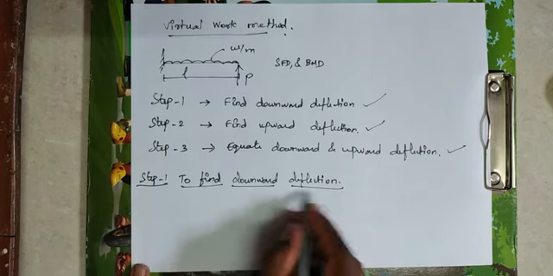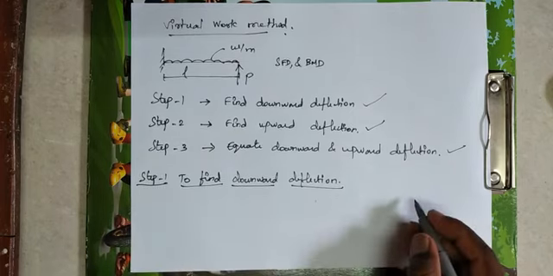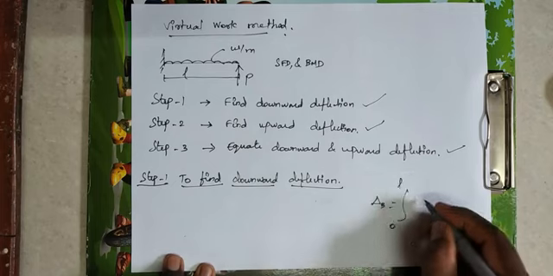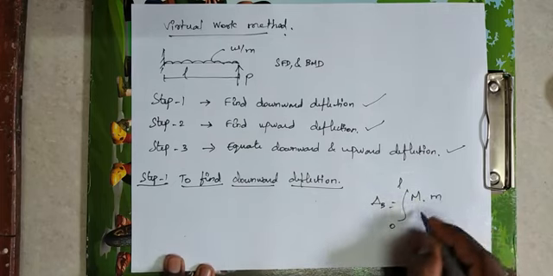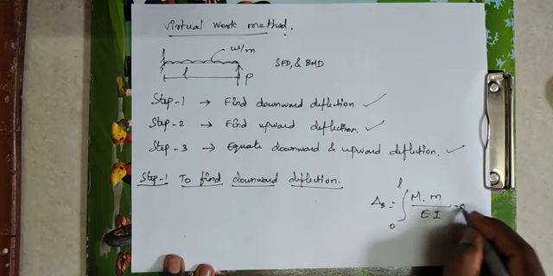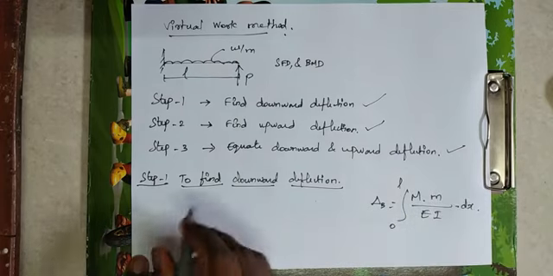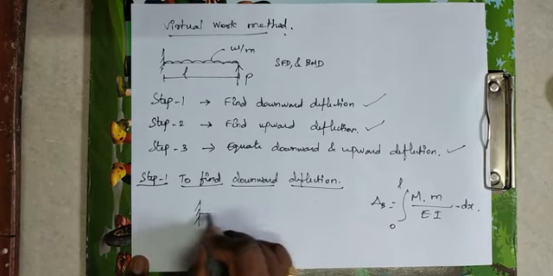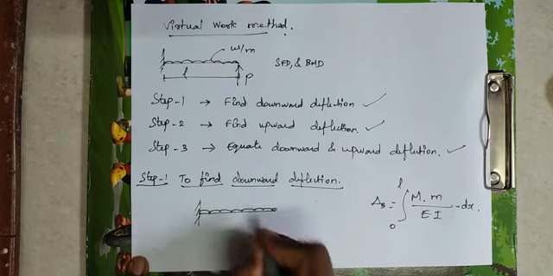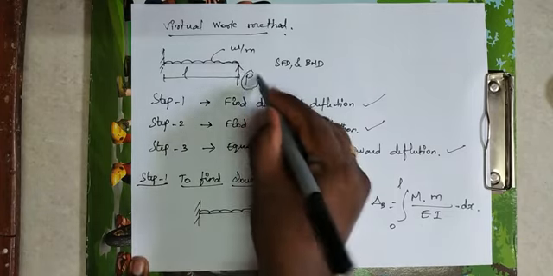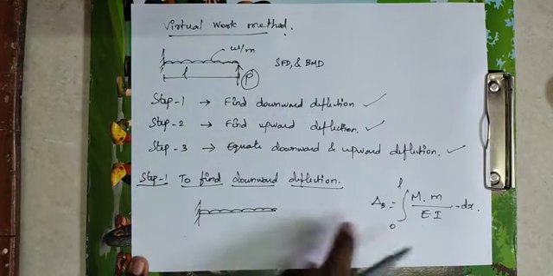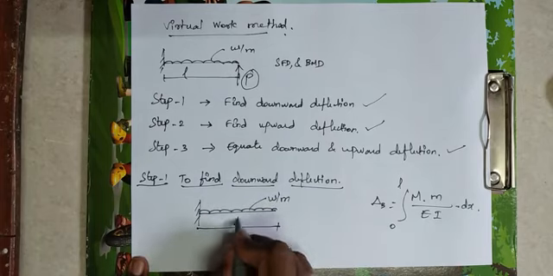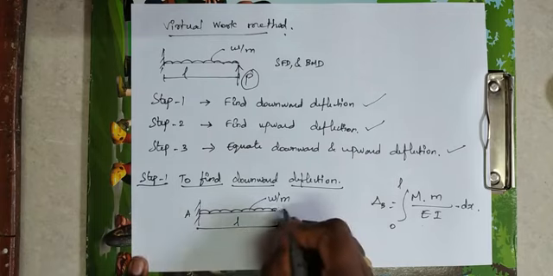First we are going to find the downward deflection. The virtual work equation for the downward deflection is integral 0 to L capital M into small m divided by EI into dx. Here we are going to find the downward deflection first. For that we need to remove all upward forces acting on the given beam. Here the upward force is P, that is prop acting at the free end. Remove the prop at the free end and consider only the given load. The given length of the beam is L and take this end is A and this end is B.